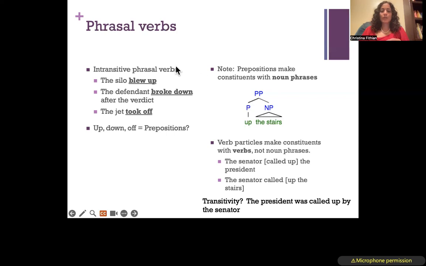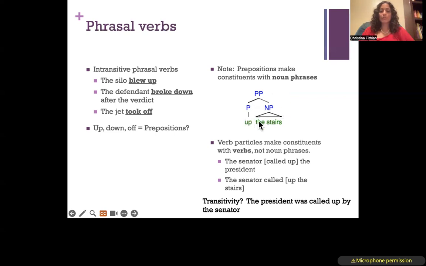So again, we're not going to label these as prepositions in our trees. We're going to label the whole structure as whatever verb type it is. And I'll show you how to do that when we get into class on Friday. Remember that to contrast a verb particle with a preposition, prepositions make constituents with the noun phrase that comes after